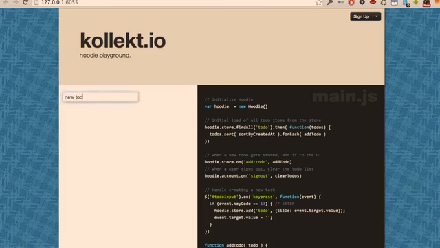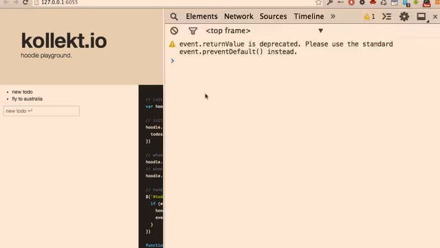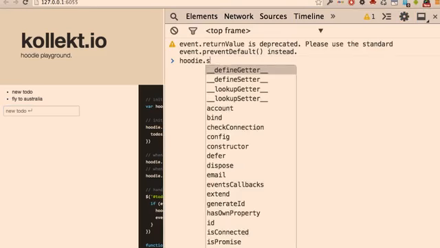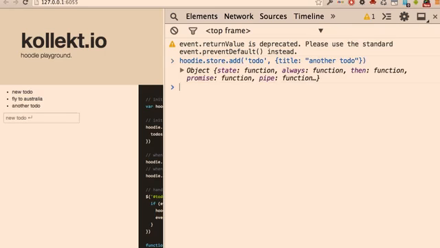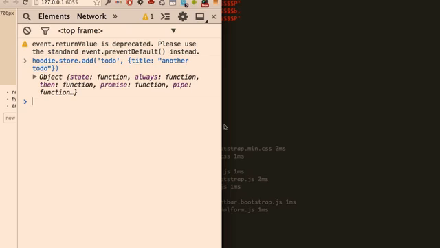And that's a default app, and it's a really crappy to-do app, basically, because you can't even check off the to-dos, but you can add to-dos, which is cool. So what happens in the background when you press enter on that text field is basically only Hoodie store add. You give it a type, and you give it an object. And when I do that, it gets put into the local database, an event gets emitted, and I can update the UI. So that's cool.